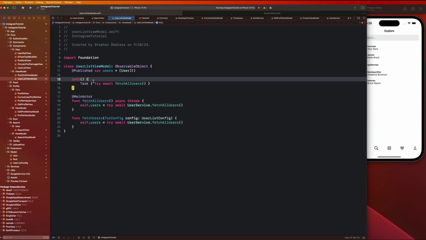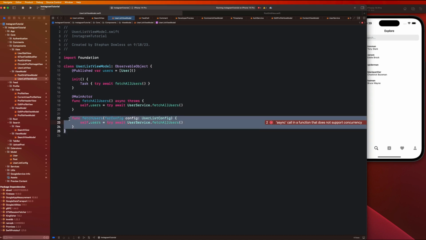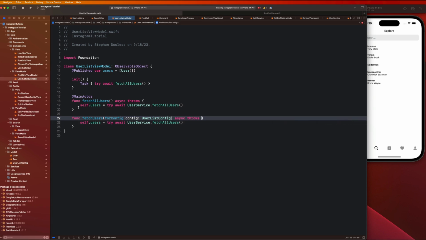And if you guys remember, we don't want to add any sort of complex tasks to our initialization method in a view model. So we're going to remove this and call this task as a view modifier here. So let's see, we need to say async throws,